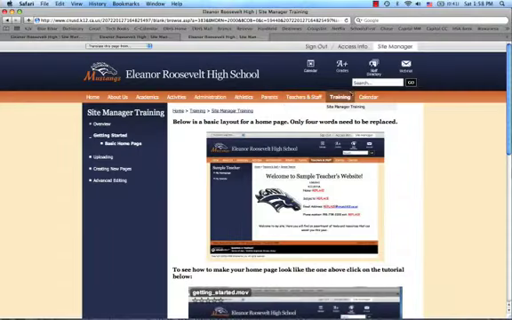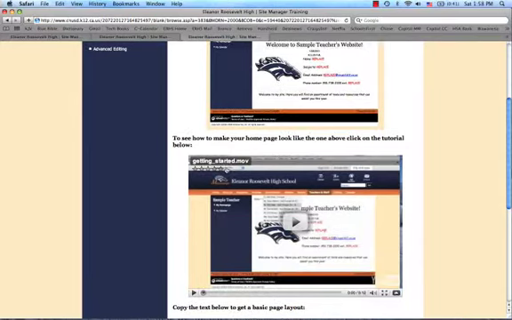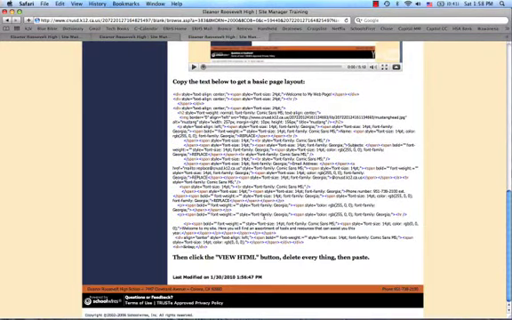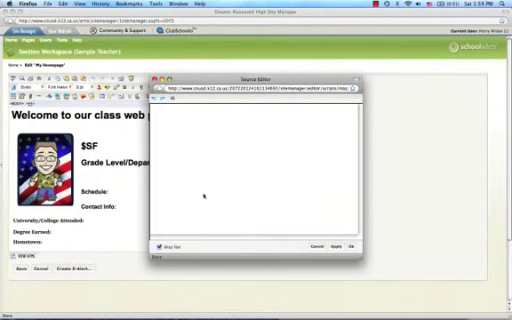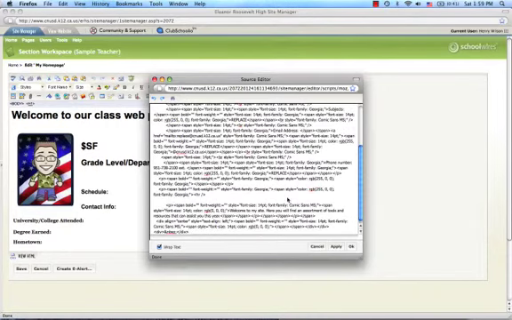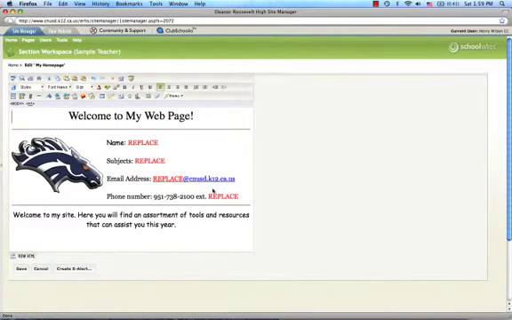But first I'm going to go back to the training tab and go down to the link where it says basic home page, and down at the bottom I'm going to copy all of this HTML coding. So I copy it, I'm going to go back here and select all of this, delete it and replace it with what I copied from that web page. Once I do that, now I've got the basic home page, and we can go ahead and replace this information